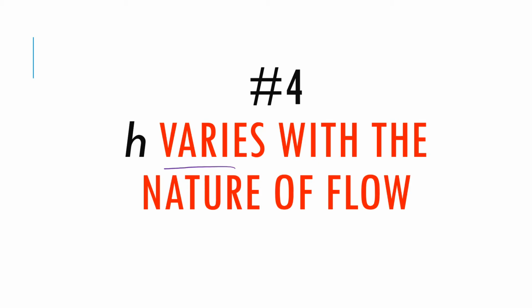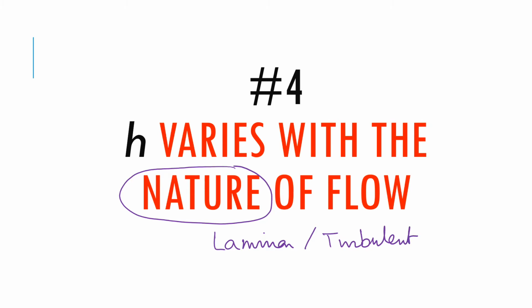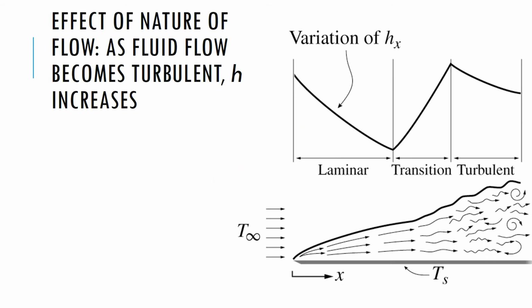h varies with the nature of flow, whether the flow is laminar or turbulent. h can be quite different. So let's look at how. So h can be substantially higher in turbulent flow as compared to laminar flow. So let's look at how that is possible. So let's consider this flow of cold fluid over a hot plate here. So the temperature could vary something like this,